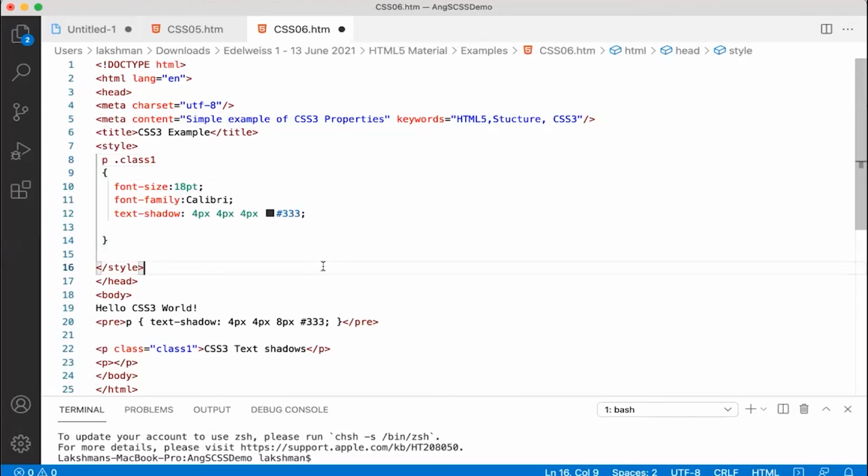Yeah, right. Okay. There could be a difference in the implication of this. This could mean all elements that use a class called class1 that may be beneath this paragraph in the hierarchy.